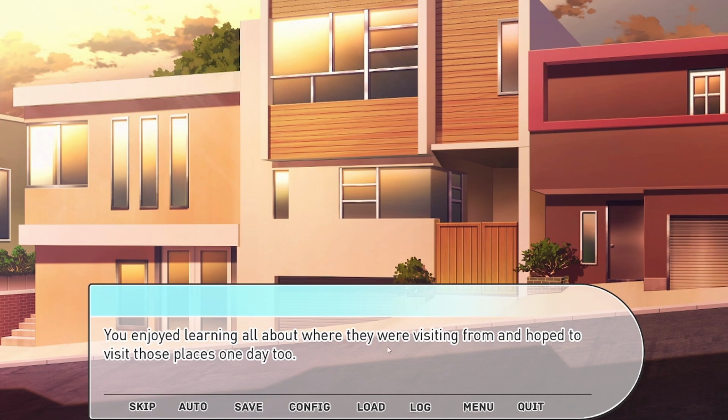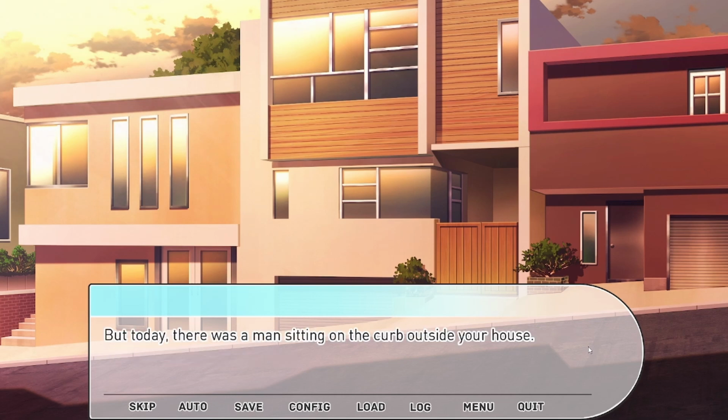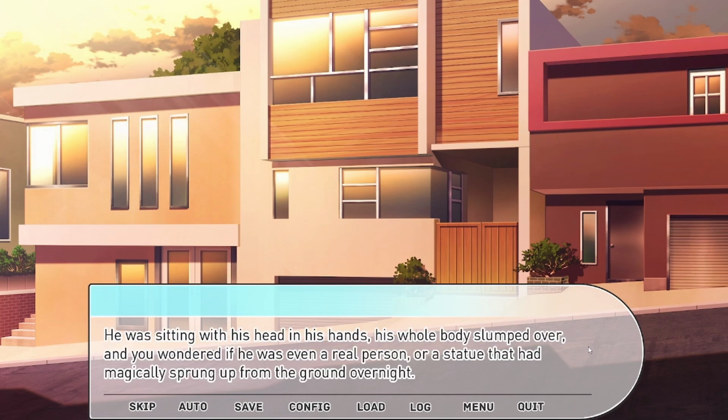You enjoyed learning all about where they were visiting from and hoped to visit those places one day too. But today there was a man sitting on the curb outside your house. He was sitting with his head in his hands, his whole body slumped over, and you wondered if he was even a real person, or a statue that had magically sprung up from the ground overnight,